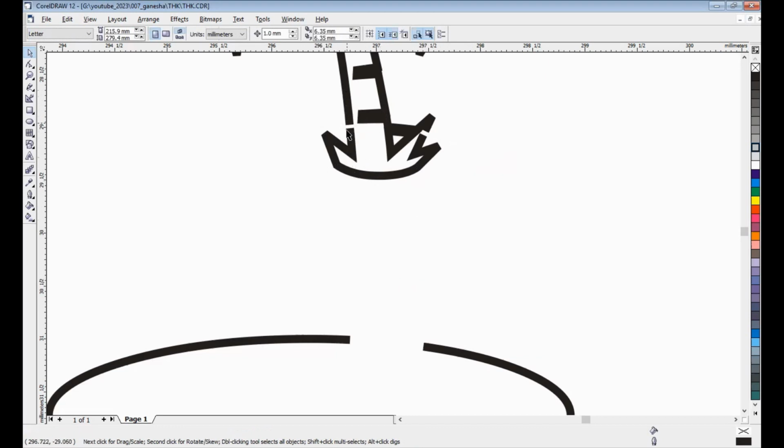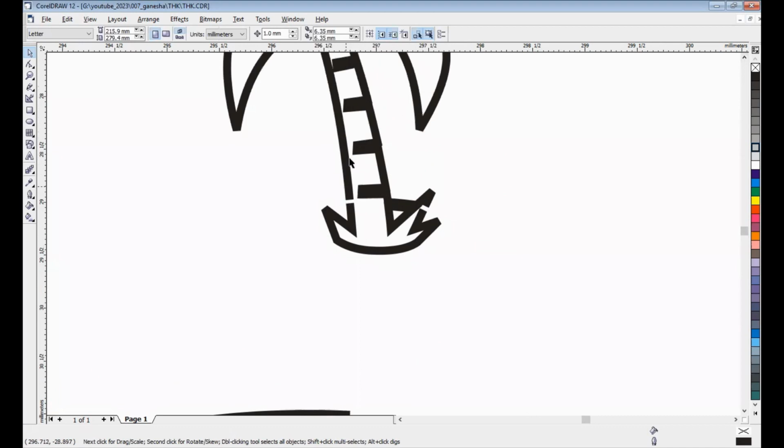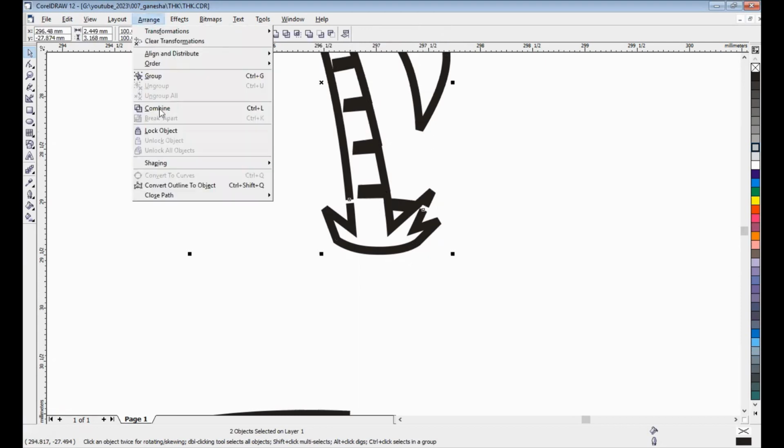We will combine the two parts, top part and bottom part. Now select top, then hold the Shift button and click the bottom part, and then we can arrange, just choose combine.